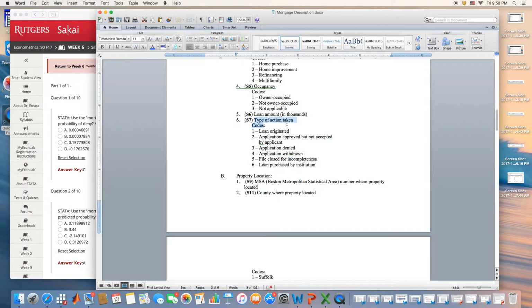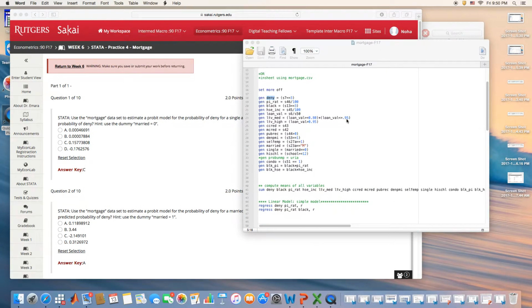S7 is the type of the action taken, and I'm focusing on this as my dependent variable. So I'm creating a dependent variable that will take 1 if the application is denied. And this is the concern of what we want to test, our concern in this study. Of course, you can create any other dependent variable, but this is what we're going to focus on in